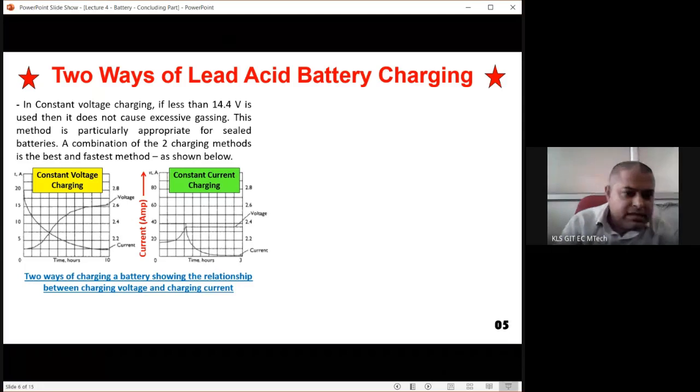this is the voltage axis. So left side is the current axis, I'm sorry, I made a mistake. So this is the current axis, left side. So initial current is 20 ampere and final current is 2.5 ampere. This is what you have to check. This is the final current, 2.5 ampere, and this is 0 to 10